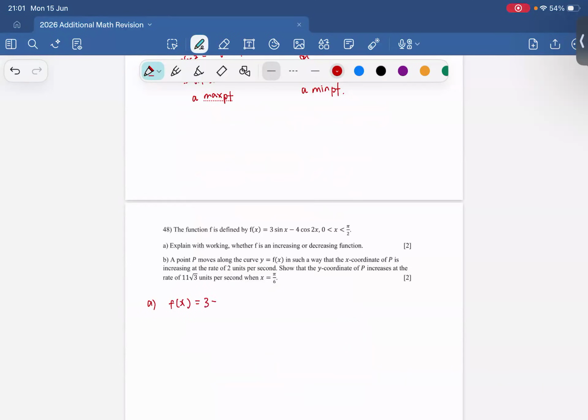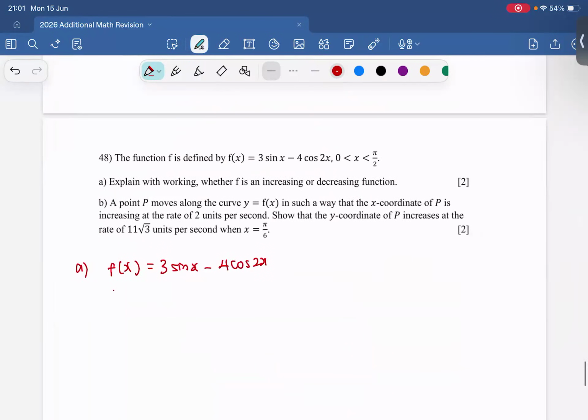I need to differentiate to check. Differentiate sine is cosine. How to differentiate cosine 2x? Differentiate cosine 2x is negative sine 2x, but you have to differentiate the angle and multiply again. Okay, that will give us